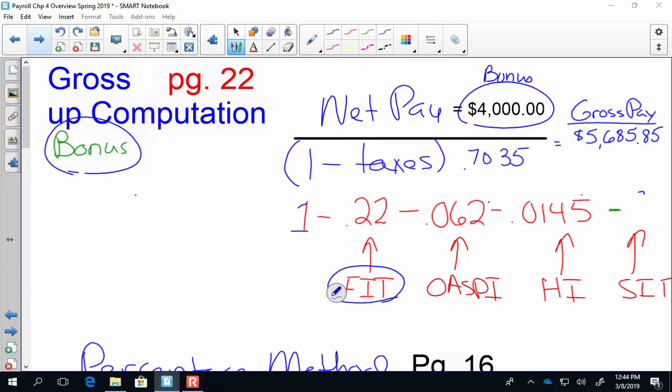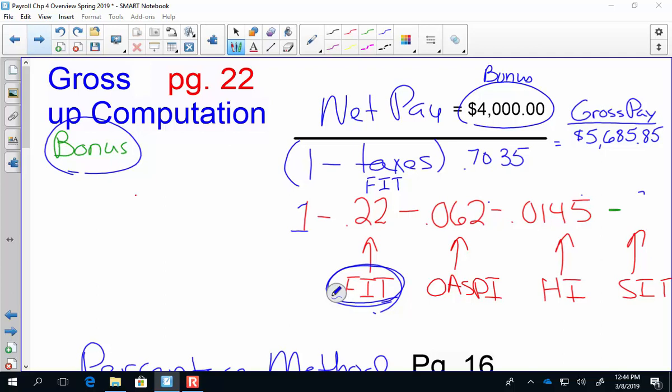So here we have basically a division. We're going to take 1, or you could say 100%, minus the FIT tax, which is federal withholding. For FIT, the standard 22% is the catch-all for supplemental pay. If you don't want to look up or use the tables, you can just say, I'm going to withhold at 22%, and as an employer, you have the legal right to do that. We also